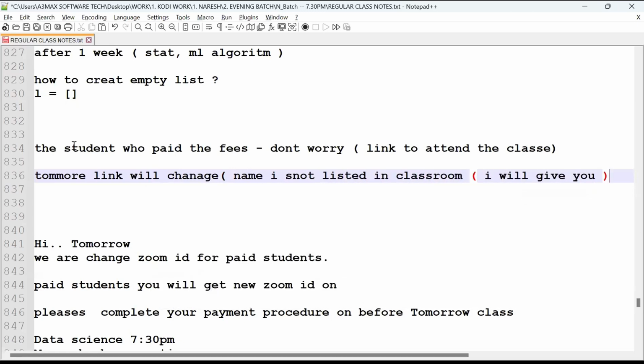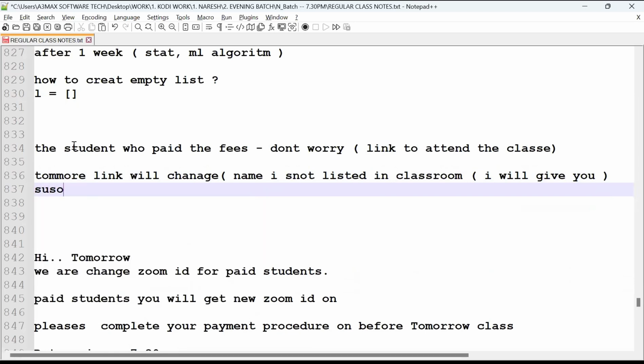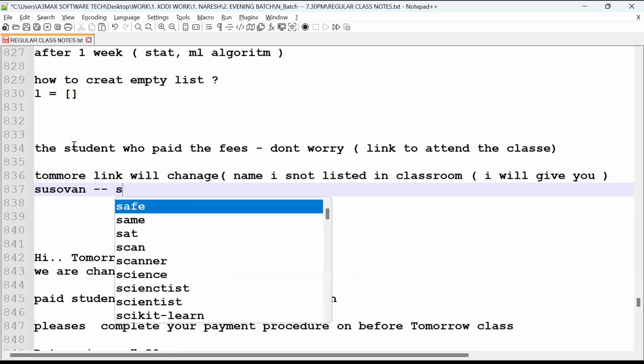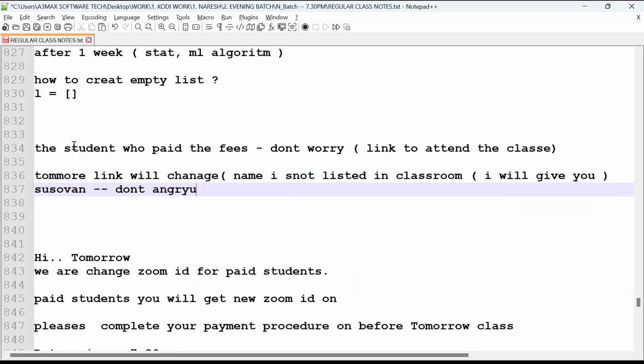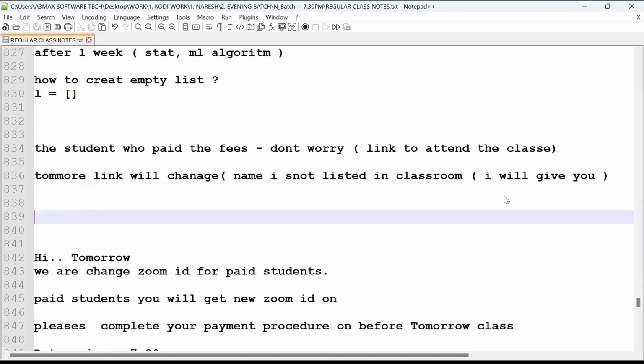You can join. So don't worry and don't panic. Don't be angry. You're young blood, right? So don't be angry. Just calm down. Sorry for that. If you don't get the link, don't worry. Calm down.